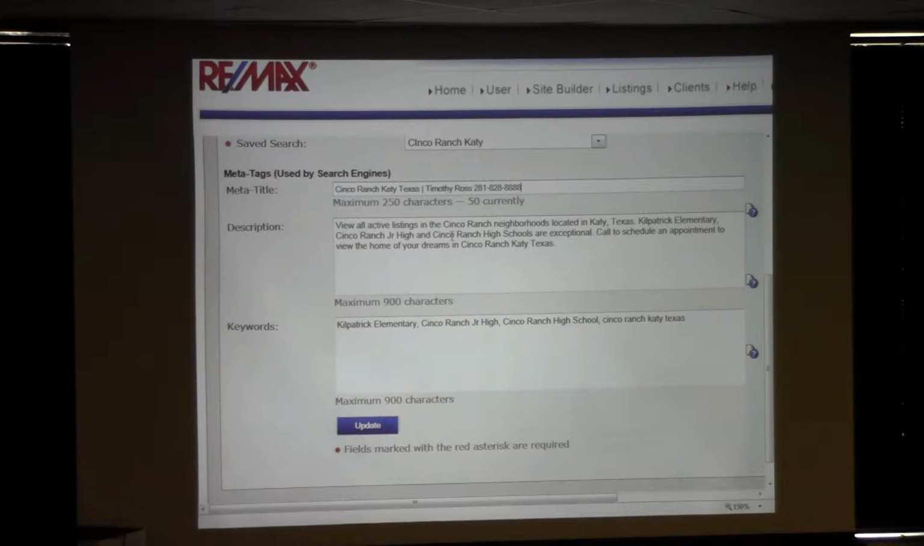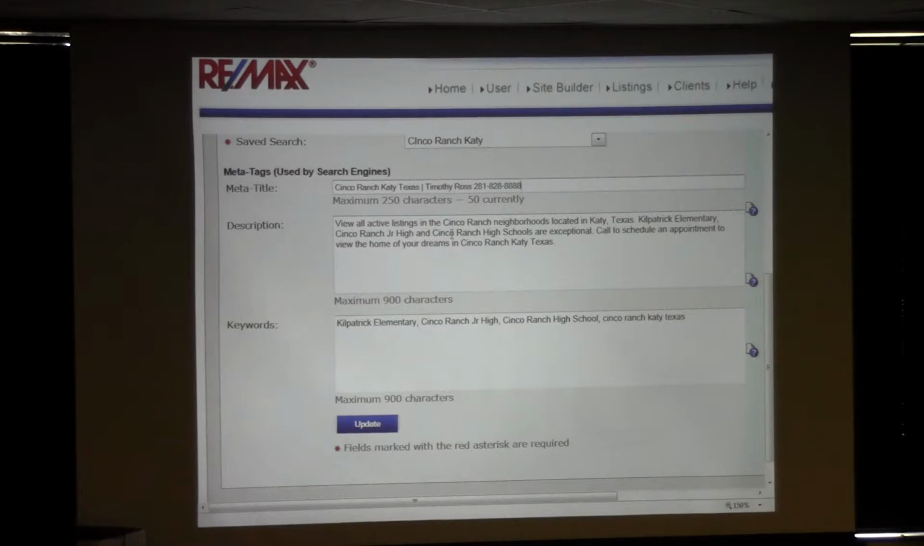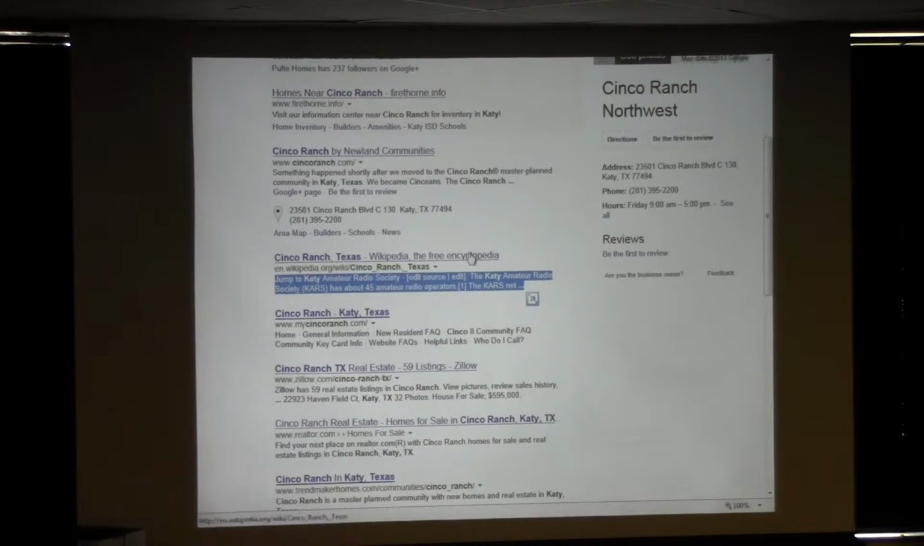So whatever phone number you choose, it can be a main office number, a direct number, whatever it is, but it's going to be consistent. You can put in another agent's phone number, it doesn't matter. You just want to be consistent. Now, in these search results, by having the name and phone number up here,